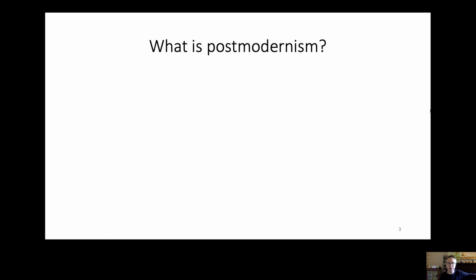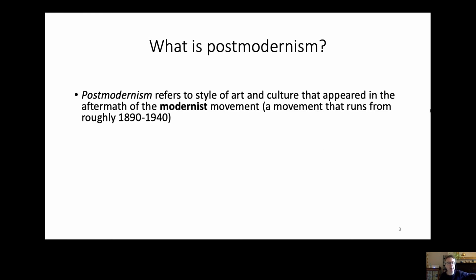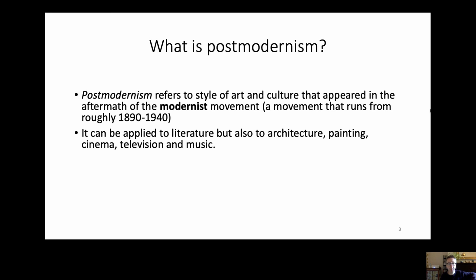Okay, so what is postmodernism? This is a term that refers to a style of art and culture that appeared in the aftermath of the modernist movement. So the modernist movement runs from roughly 1890 to 1940. So postmodernism is a kind of umbrella term for styles of art and culture broadly in the aftermath of the Second World War. It's a term that can be applied to literature, but also to architecture, to painting, cinema, television